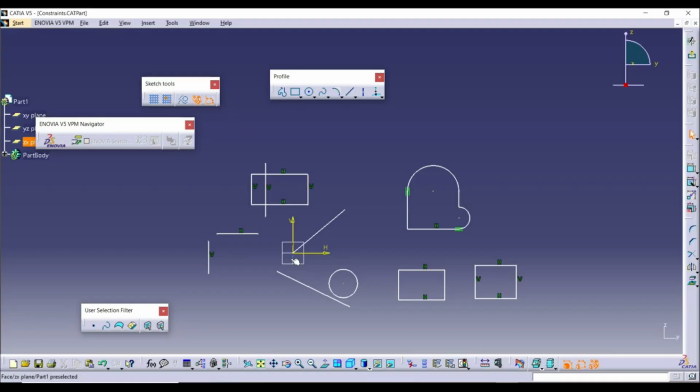In this lecture, we're going to show how we can apply constraints to our sketches. Every sketch that we create must be fully constrained before moving on to create features. Fully constrained means that the sketch has defined shape and size. You can fully constrain a sketch by using dimensions and constraints. The dimensional constraints define length, size, and the angle of the sketch element, while geometric constraints define the relation between